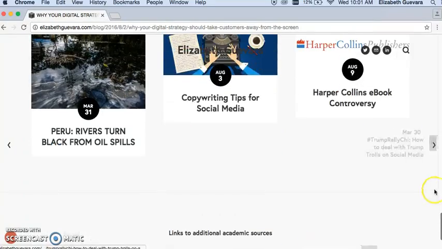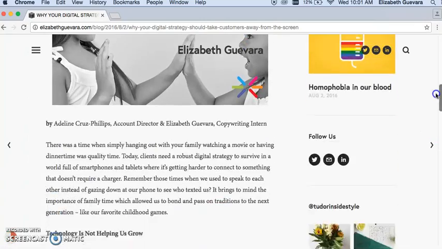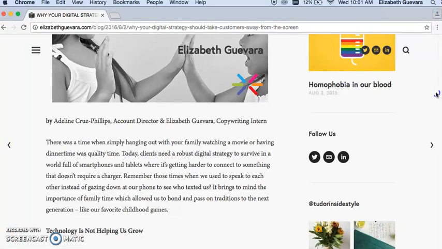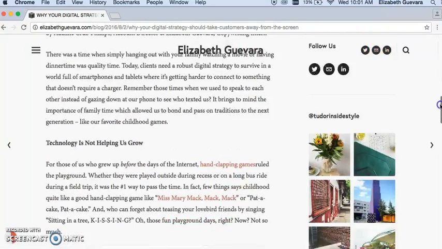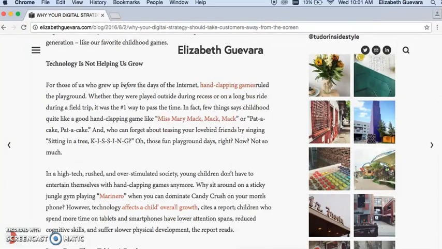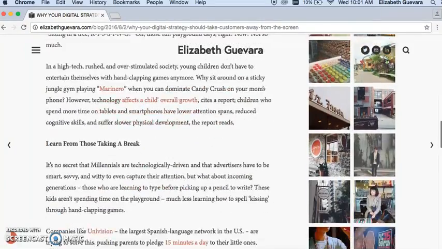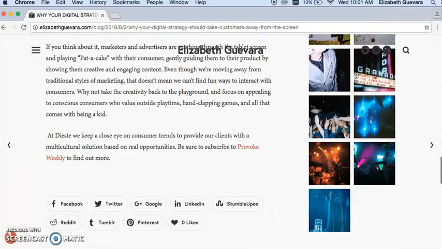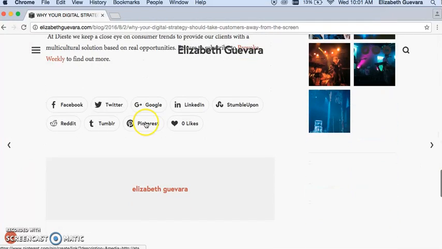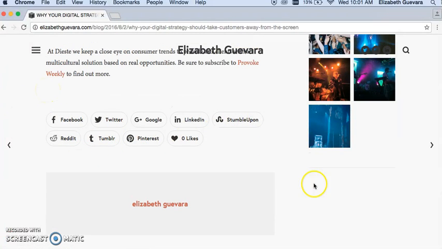So as you can see, when we go to the article that I wrote alongside the account director at Dieste, which is an advertising agency, what we've done is incorporate hyperlinks directly into the article, and all of these are educational hyperlinks. At the bottom, you'll find social networking sites that you can easily share this information to. So everything from Facebook to Reddit. So not only the academic sites or more academically inclined like LinkedIn, or business inclined, but you also have Reddit